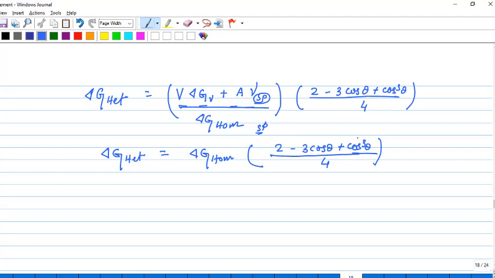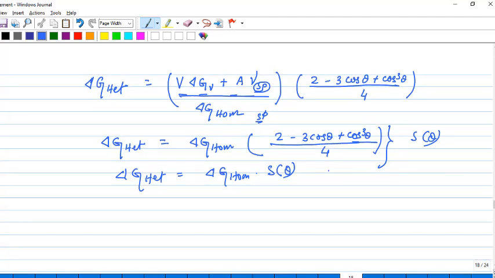So this one we can call as S theta, and therefore delta G heterogeneous becomes equal to delta G homogeneous into S theta, right? So if you plot this S theta as a function of theta,